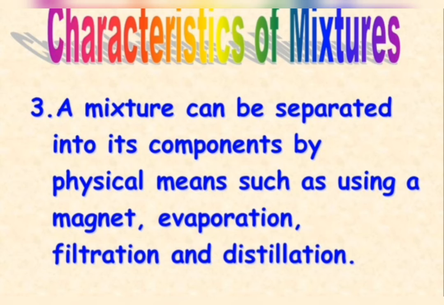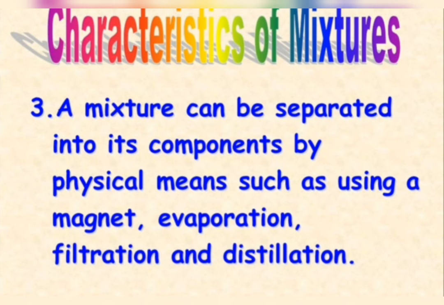Suppose you have a mixture of iron filings and sulfur, and you put a magnet in this mixture. Iron particles get attracted by the magnet, they stick to the magnet and get separated from sulfur, so we can separate that. In fact, if you use liquid carbon disulfide there, sulfur will dissolve in it and iron does not dissolve. Then on filtration, iron is obtained as a residue and sulfur is recovered from the filtrate by evaporating the carbon disulfide. So what I am trying to say is that we can separate mixtures into their constituents by physical processes, but that is not the case for compounds.